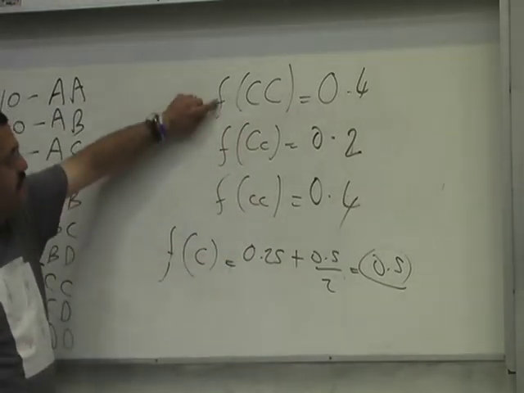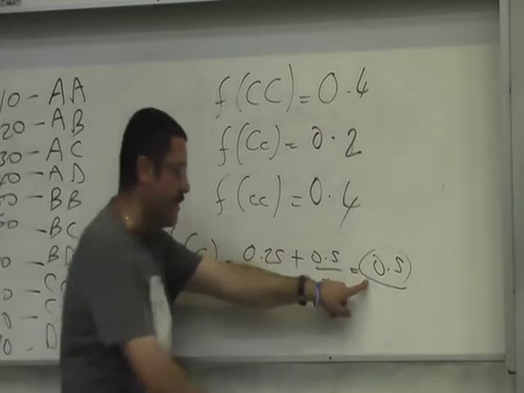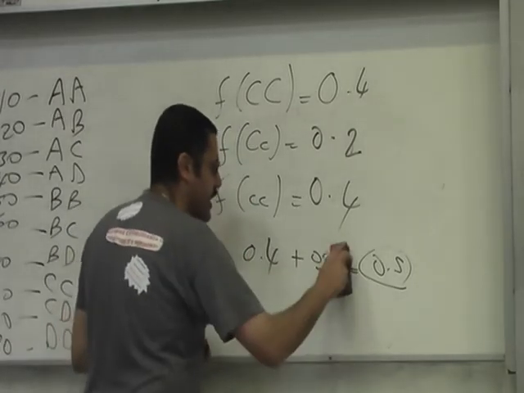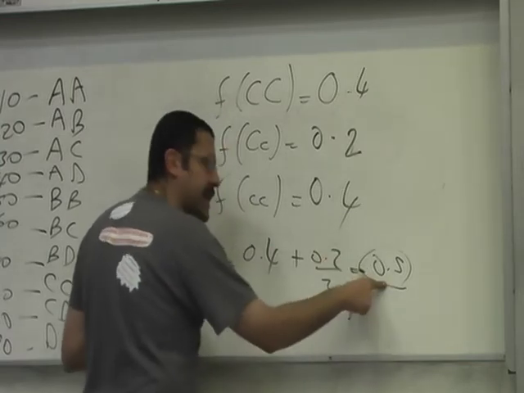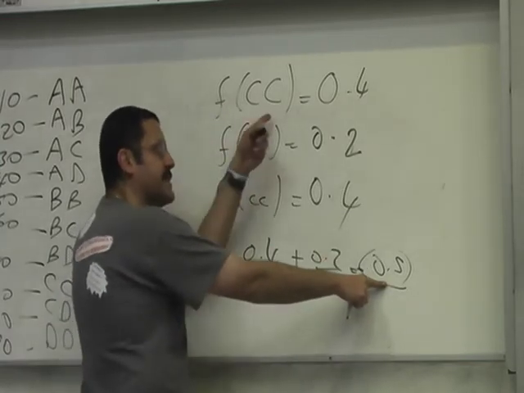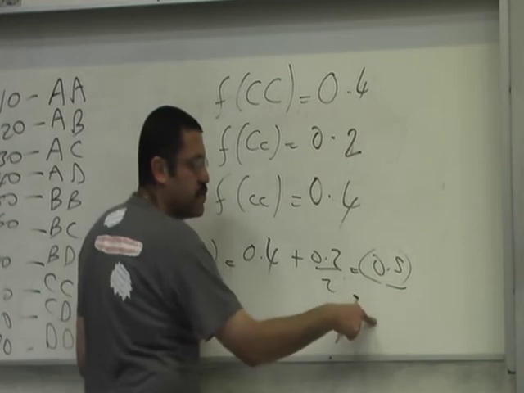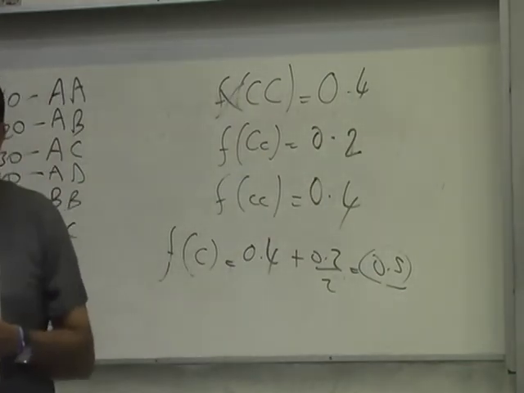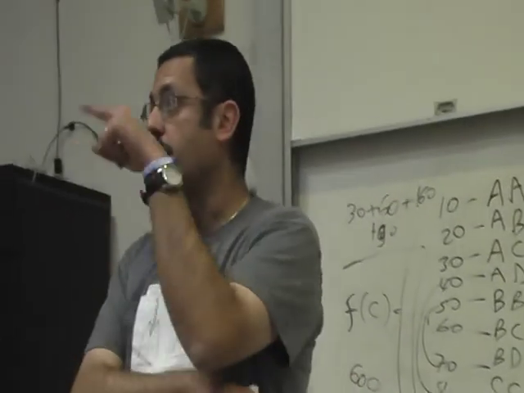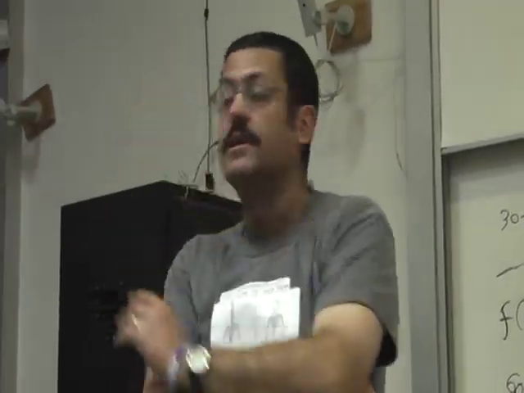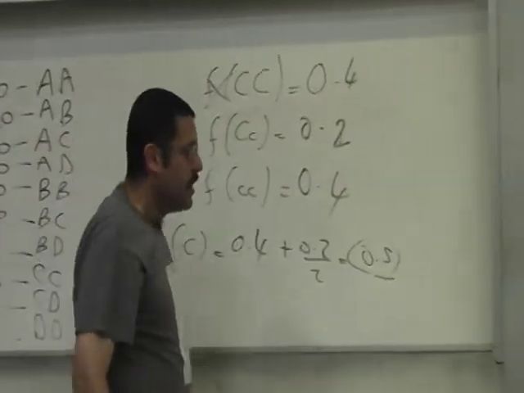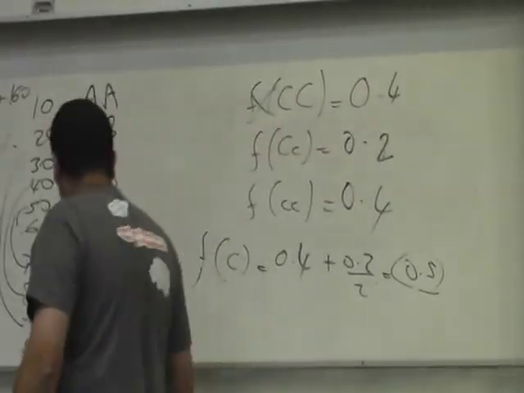Why? Because the frequency of C is still going to be 0.5, right? Because now all I need to do is take 0.4 and add it to 0.2 divided by 2. I'm going to get 0.5. But notice, if I go back, it's not going to give me the same. 0.5 squared is 0.25. It's not in Hardy-Weinberg equilibrium. And that's another Word file that I posted. So please go through it if you have any question. Now, other types of questions could be something